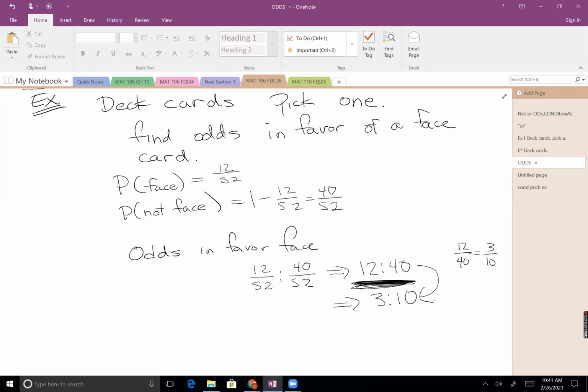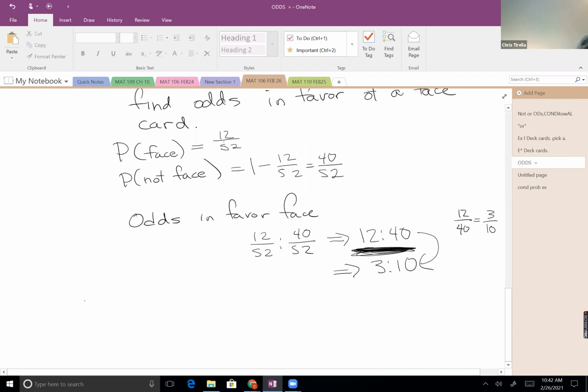Now, we also have to work backwards. And so I want to look at the odds being 12 to 40 and compare that to the probability of 12 over 52. You notice how the first number is the same as the numerator. And what happens is that the denominator in the probability is the total of the two. So to work in reverse, if the odds in favor of an event